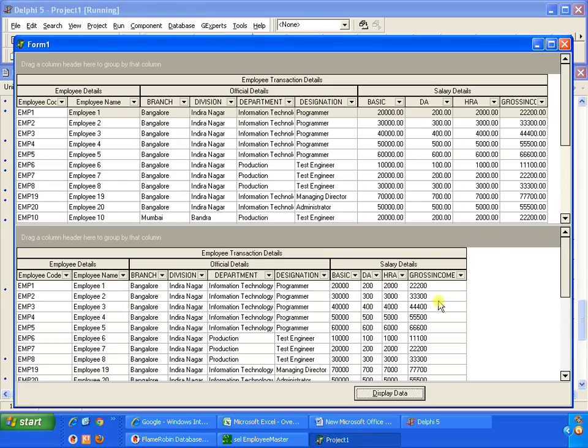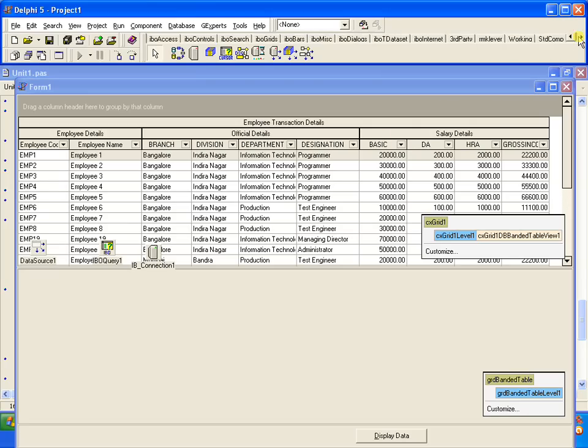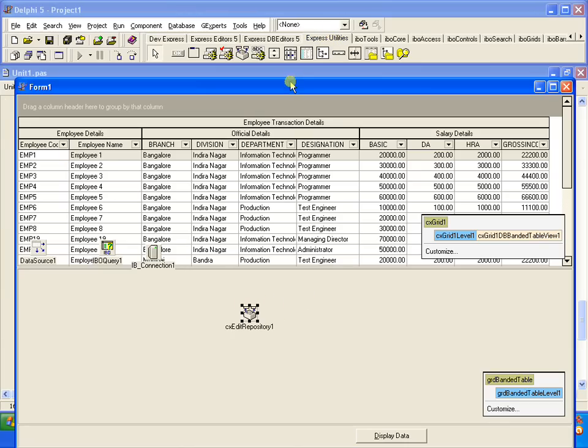Now you could see here these values are coming to the left hand side and these are coming to the right hand side. Since this is a DB aware control component and this is a non DB aware control component, we need to set properties for this also. For that we need one component. That component we need to take from the Express utilities. The component name is EditRepository. Put it anywhere on the form,